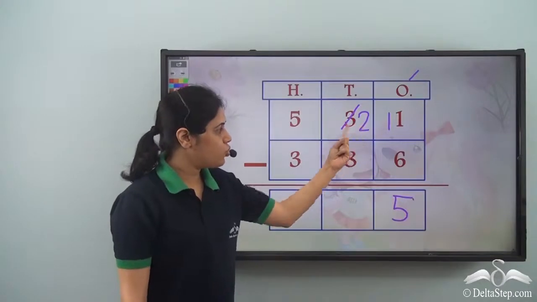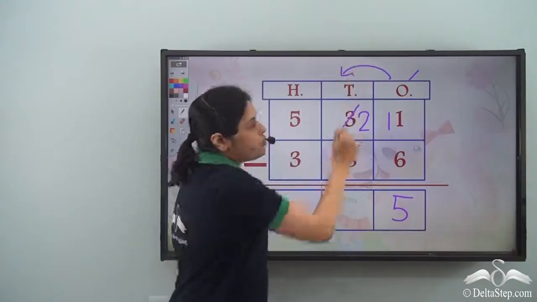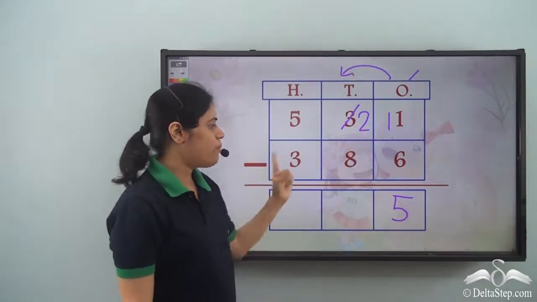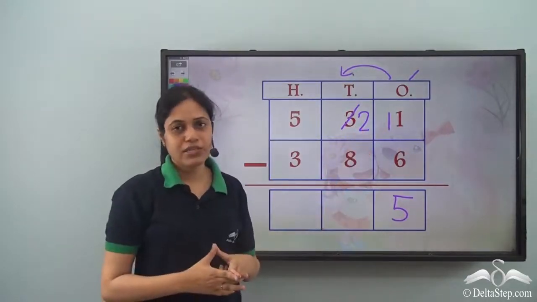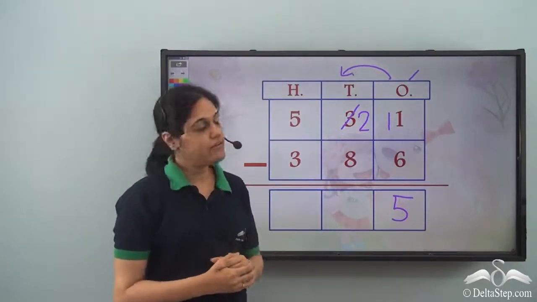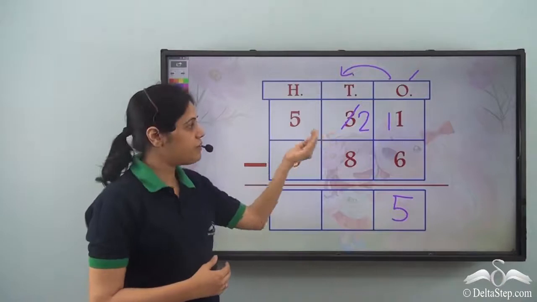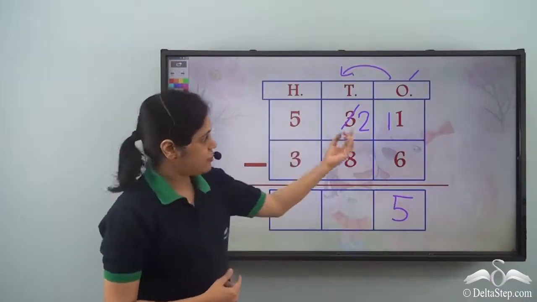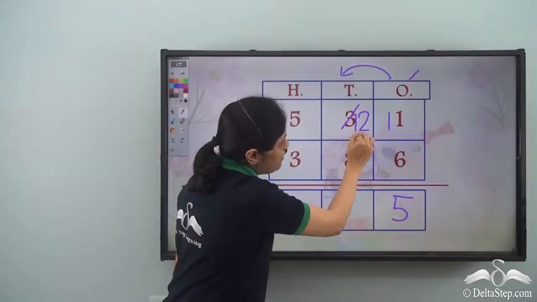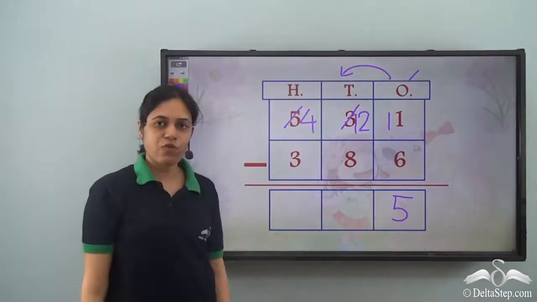Now I have 2 minus 8 in the tens room. So after ones, I move to the tens room. I keep on moving to the left. In the tens room, I have 2 minus 8. What is 2 minus 8? I cannot find out. So what will this 2 do now? Well, once again, it will borrow from left. So we always borrow from left. So this 2 will borrow from this 5. When it borrows, it becomes 12. And since this 5 is giving 1, it becomes 4.